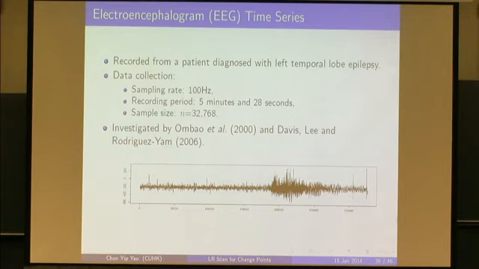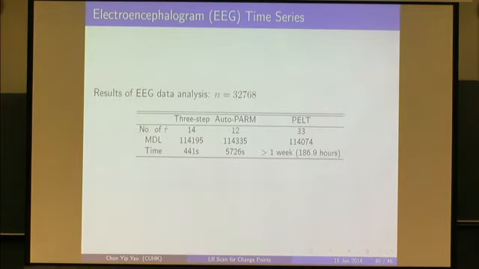This is also EEG data, and this data set is provided by Umbo, so he's appearing again. This data set has 30,000 observations, and so we applied our 3-step procedure, AutoPalm and the PELT. Our procedure found that the minimized MDL is 4195, which is smaller than AutoPalm, and the numbers of estimators are similar,